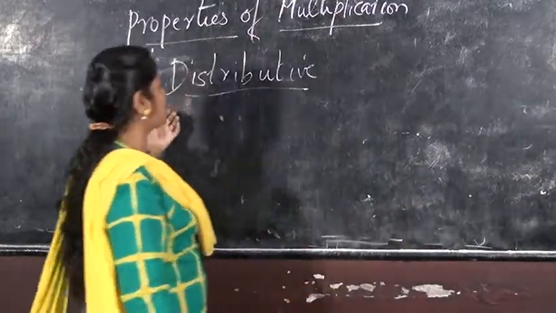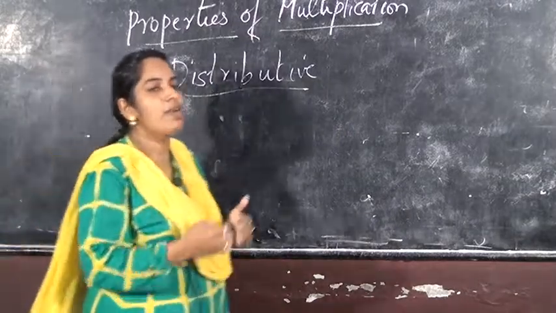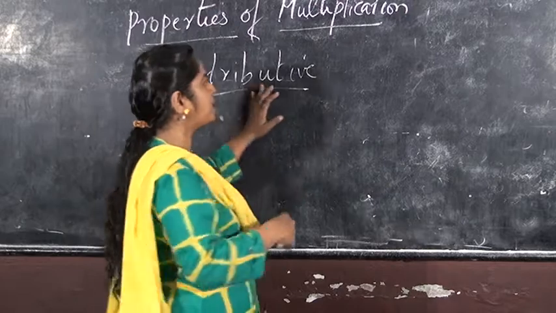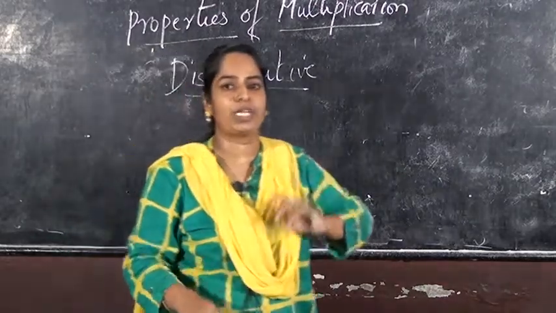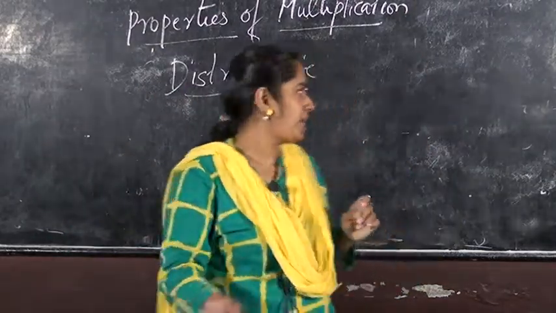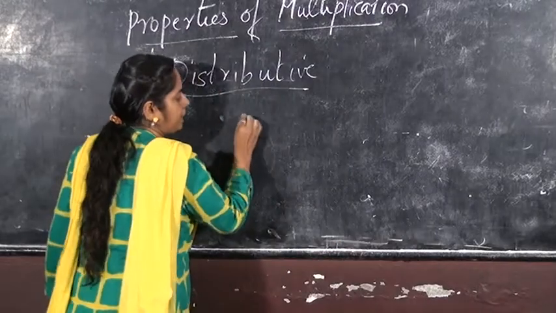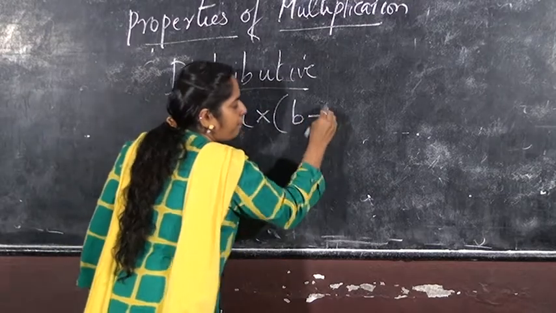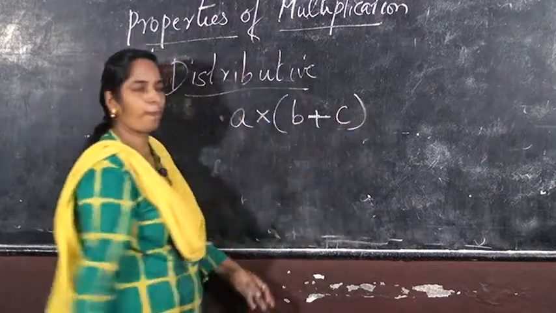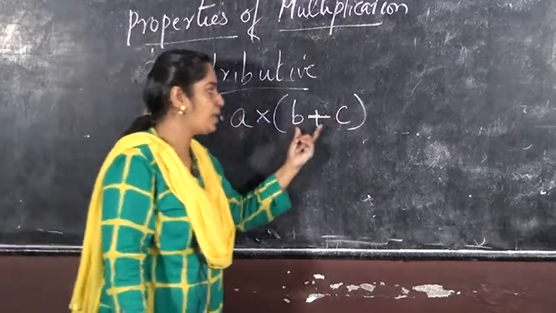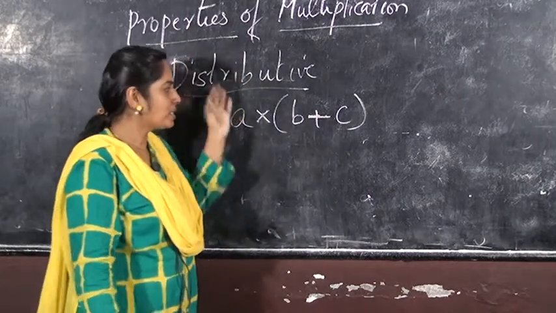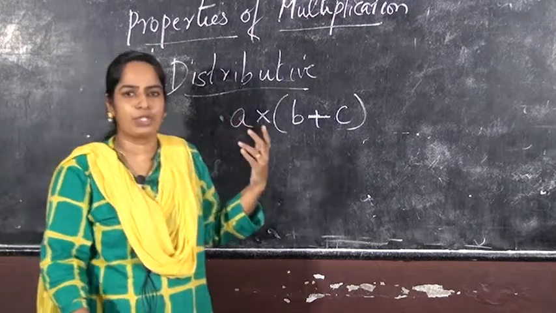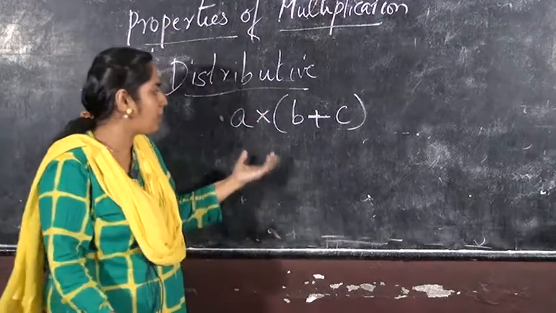So here, distributive property is like that itself. We are distributing, or the number is distributing here. That is distributive property of multiplication over what? Addition. So here, if an integer is here, A into (B plus C). Okay, A into (B plus C). So this is the distribution. You are thinking what? Addition and multiplication together, isn't it? There is addition and also multiplication comes.